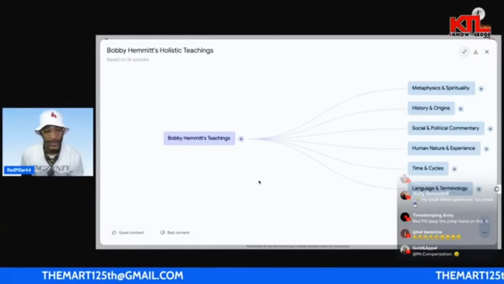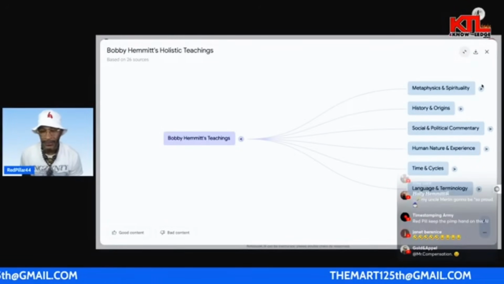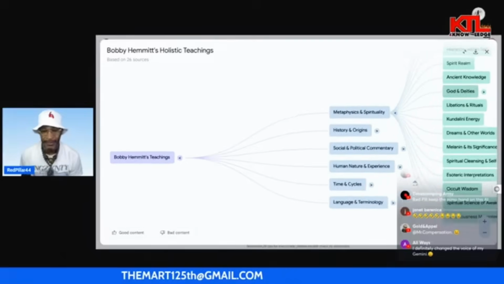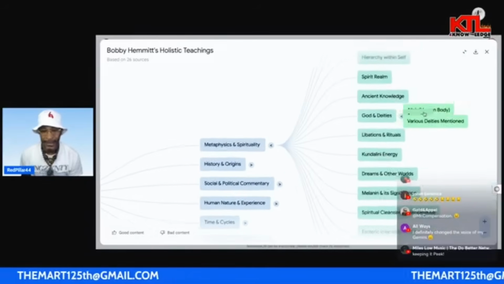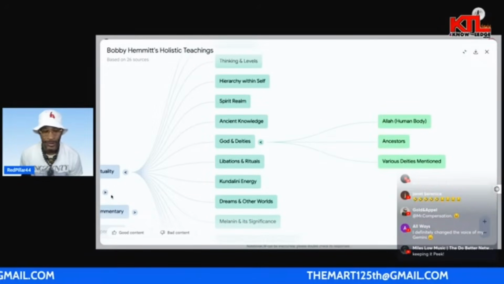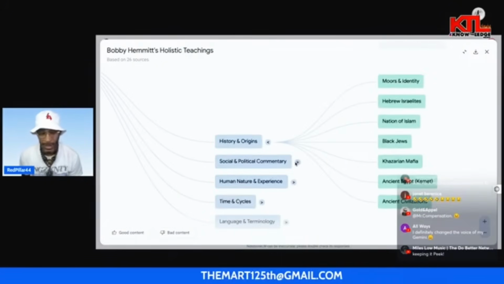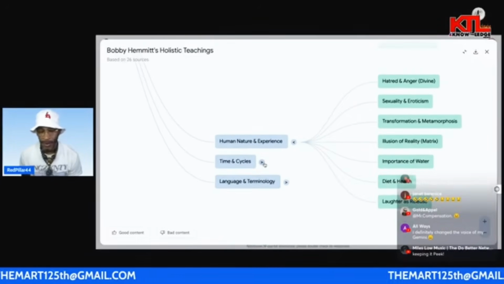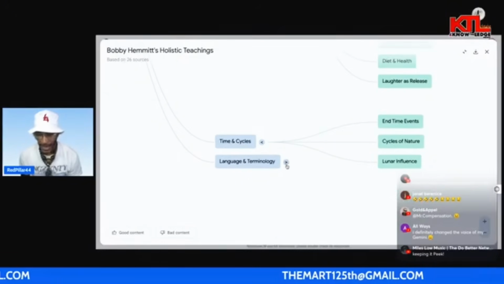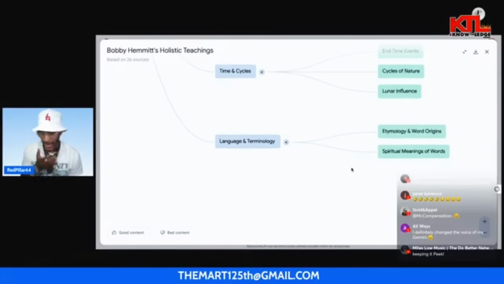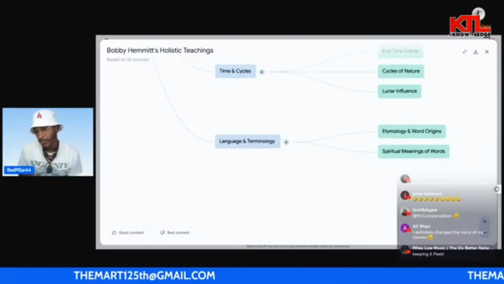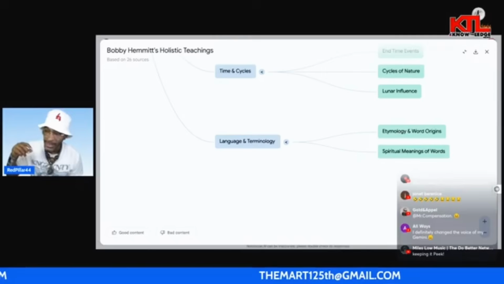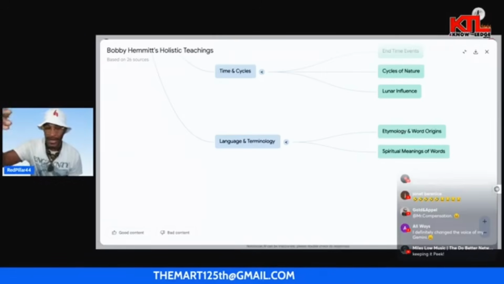So not only does it give you the interactive, quote unquote, podcast, but it's giving you a mind map of Bobby Hemmett's mind map, right? They understand everything that you put into it because it is a language model. What does that mean? That means every single video that I uploaded, they broke down the text. The way that these LMs are built, they're reading your text, and they could tell, as you can see, the AI was very familiar with everything that Bobby talked about, because they transcribed all of the videos that I imported